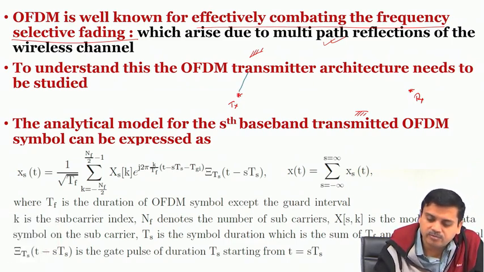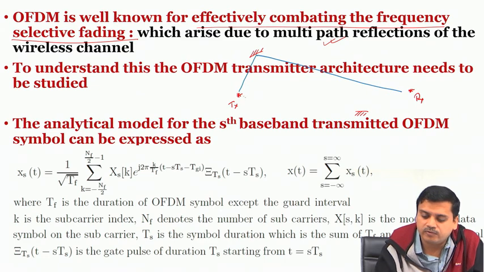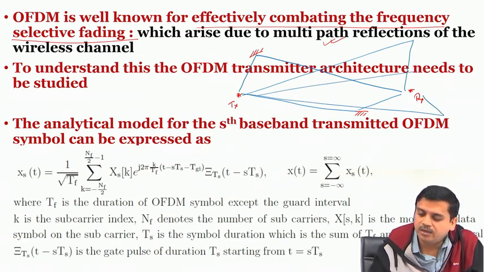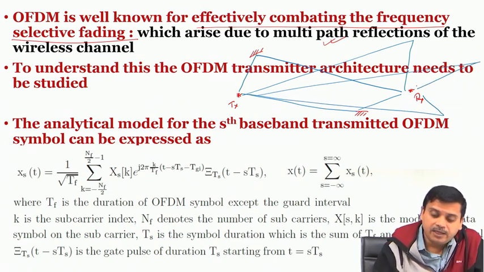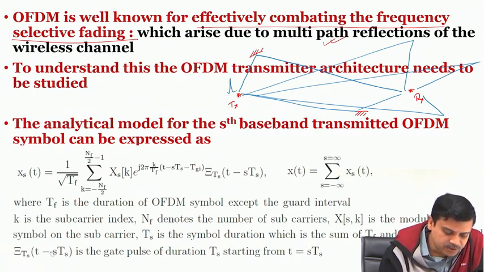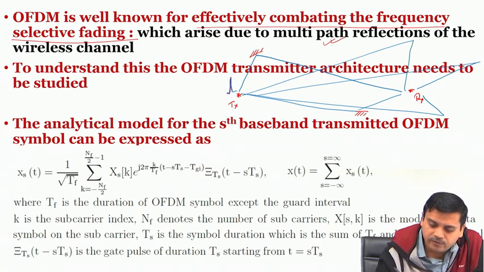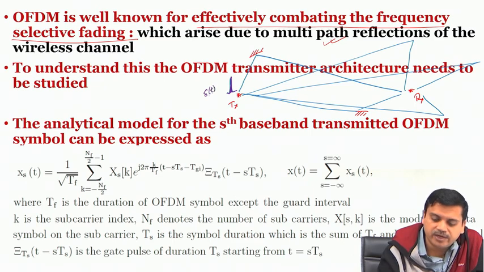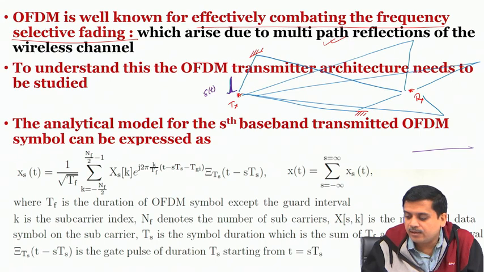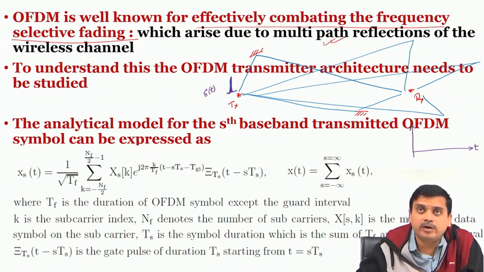So, the signal from the transmitter to the receiver would go via multiple paths, right. It will come via multiple paths, and if you send an impulse from the transmitter, which is kind of delta t, what we will find at the receiver is, if we draw this as the timeline and this as the received signal power or amplitude,